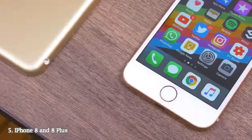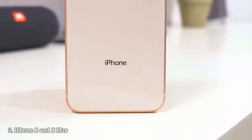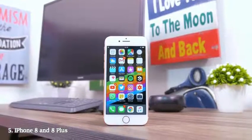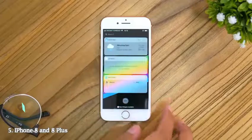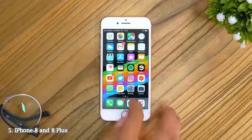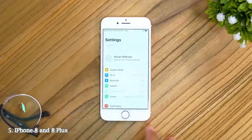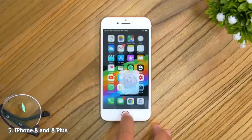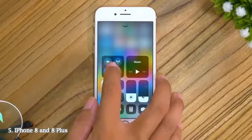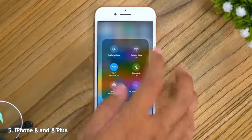Number 5 is iPhone 8 and 8 Plus. Here we have the iPhone 8 Plus, probably one of the most anticipated smartphones of the year. Some feel its sheer size does make it tricky to hold, but there's no denying Apple's beautiful 5.5-incher is a winner. If you prefer iOS to Android and do not want to splash out on the iPhone 10, this should be your first choice. Apple has chosen to stick with a similar design to the iPhone 7,